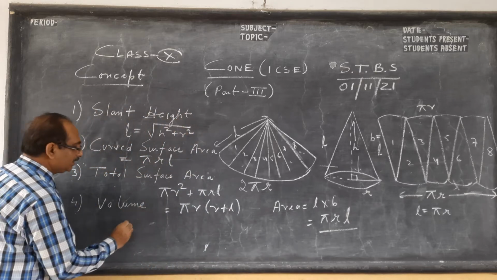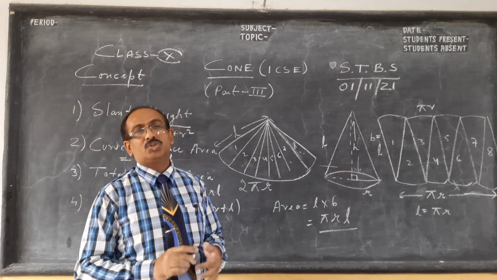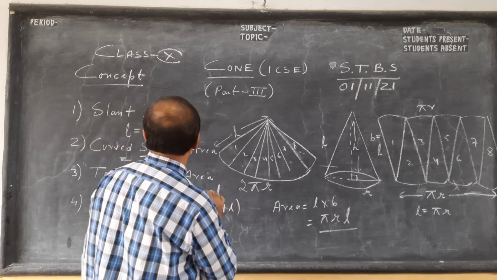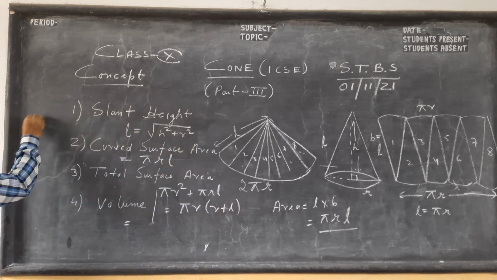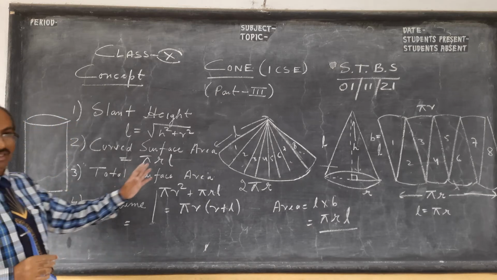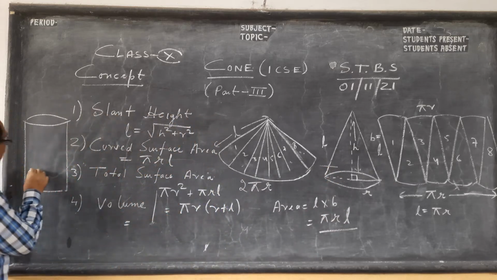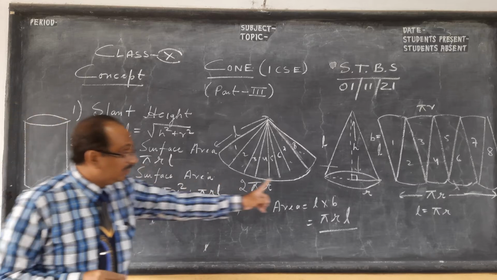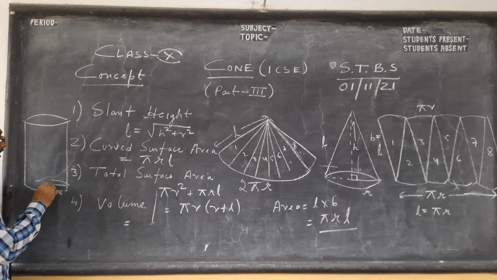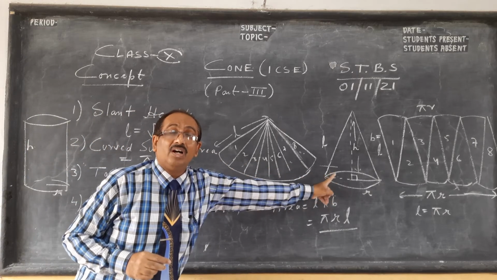And last but not the least, before I end the class, the volume of this cone. So what you see, you take a cone, fill it with sand, and you take a cylinder, which I have already taught. You try to put the sand or water over here. So the basic idea is, take the cone, invert it, fill it with sand, and put it here. In what cylinder? The cylinder should have the same radius and same height, children, as that of the cone.